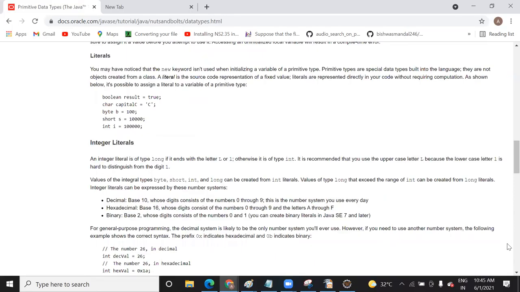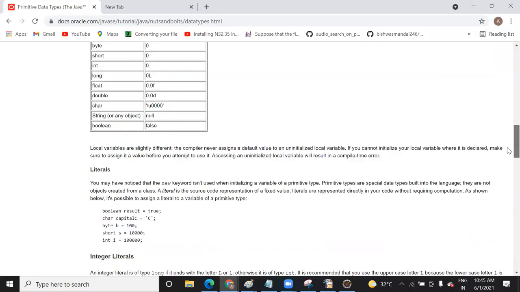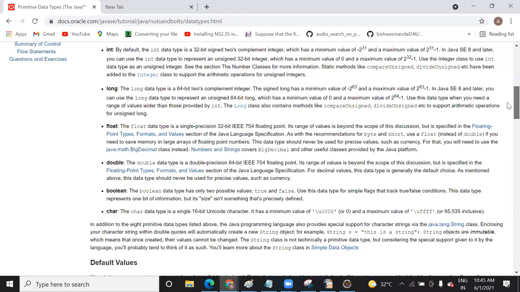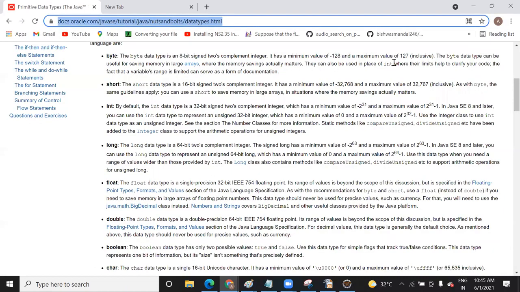Okay. So, what do you mean by this literal? We have seen different kinds of data types, and I am going to share this link. Just have a look at these data type ranges. Integer has a range of minus 2 to the power 31 to 2 to the power 31 minus 1.